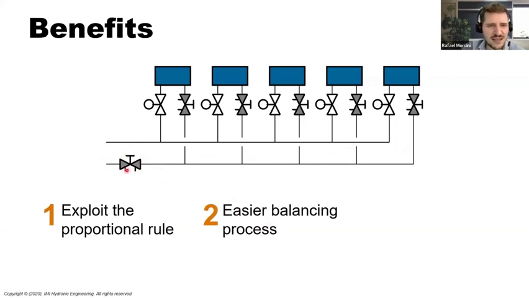It means that if I decrease here like 10 GPM, it will be equally distributed here. All of them will lose the same percentage of flow rate, you know. This makes the balancing faster because, you know,